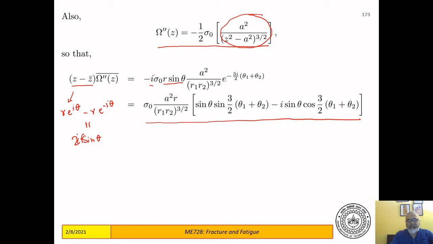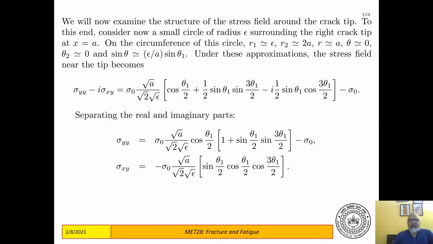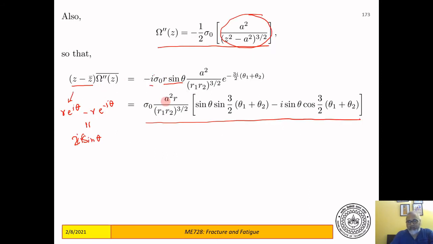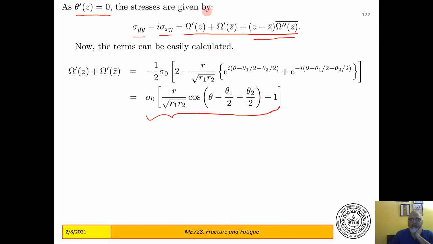Now you can write sigma yy and sigma xy. So sigma yy minus sigma xy. We write it, so we can write it anywhere. We have sigma yy and sigma xy, so we have these quantities now in terms of r and theta, r1 theta 1, r2 theta 2. So we can write it anywhere for any value of r1 theta 1. But we are going to write it